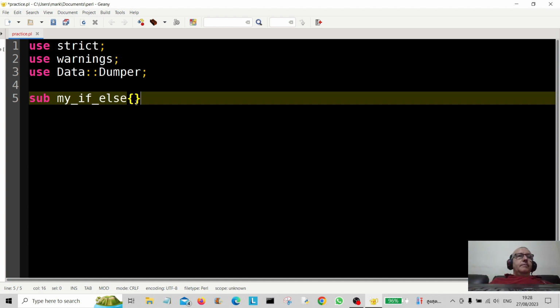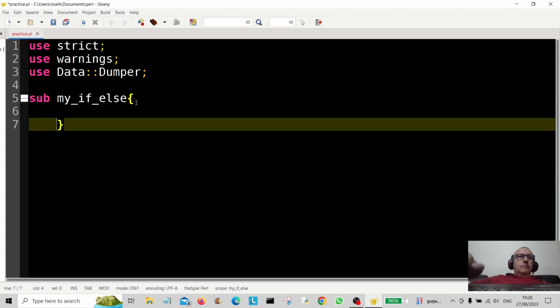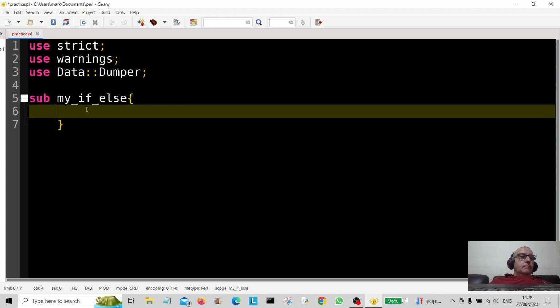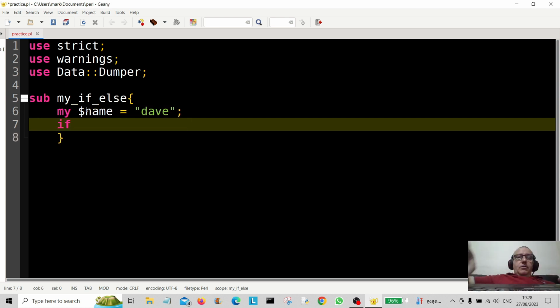Here, so again, my scalar name is going to be equal to Dave. Okay, conditional, first conditional, if scalar name is equal to Bob,